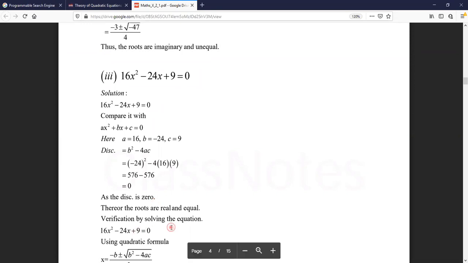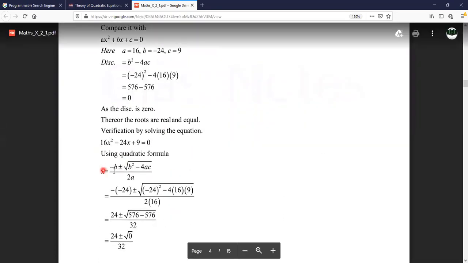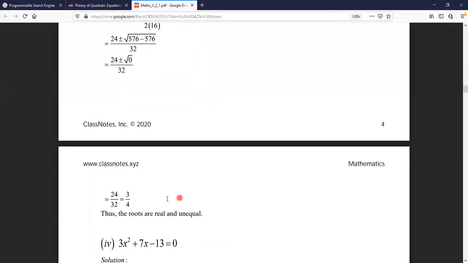So, verification by the result. I'm going to verify it. Minus b value is 24, b square minus 4ac. You have found the discriminant already, you can put 0 directly over here, but solving it again, I got 0. 24 plus minus 32, 24 over 32, I got 3 over 4, which is one root and which is real